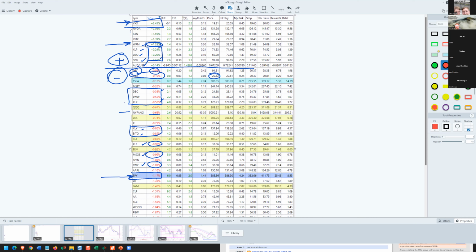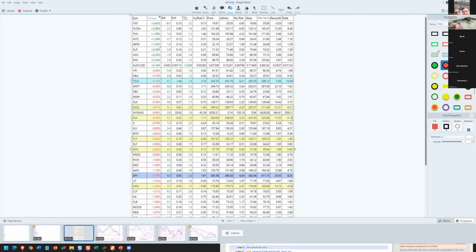Individual companies. Here's our semiconductors. NVIDIA, Texas Instruments, and Intel between 2% and 1.4%. So the whole sector was moving. There's Microsoft down 0.26. U.S. Steel minus 0.8. So it was better than our other two metals. That's the metals. But the metals were still mostly weak today. So not much to choose from. And even the ones that were in the green were not in the green by much. So this was a broad weakness in the market.